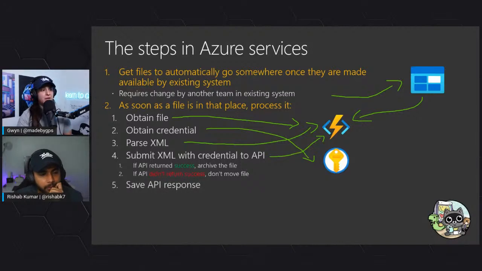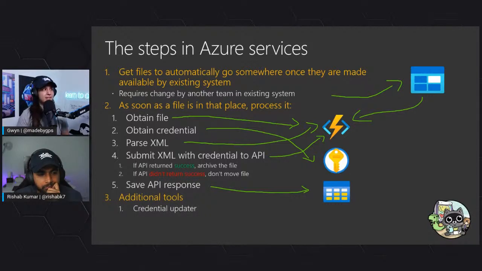Next, we've got to save the API response. We need to actually grab that data and put it somewhere. Table storage is probably the cheapest and most straightforward way, and you can have an output binding on the Azure function to save to table storage. So perfect, table storage, a couple of cents a month. We'll talk more about the actual finances of the solution later on. A couple cents a month. We don't need Cosmos DB. We don't need an Azure SQL database for this. No, just simple table storage will do it for us.